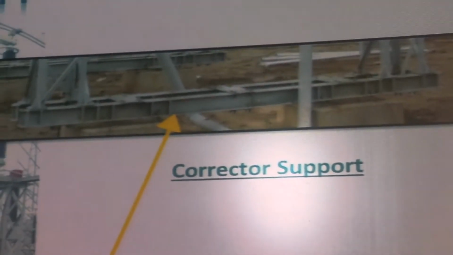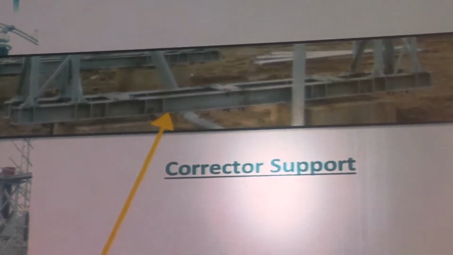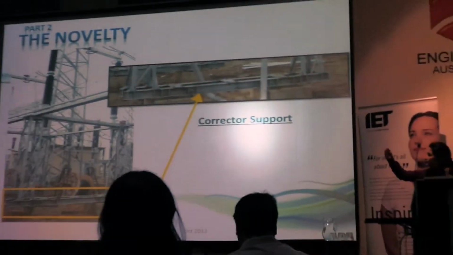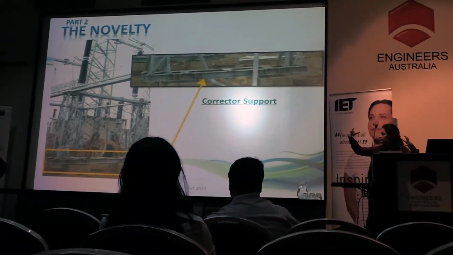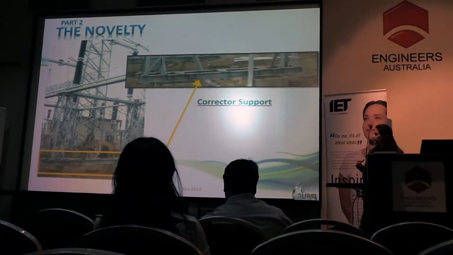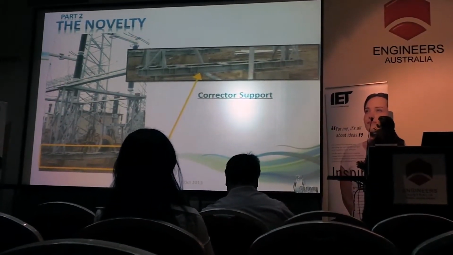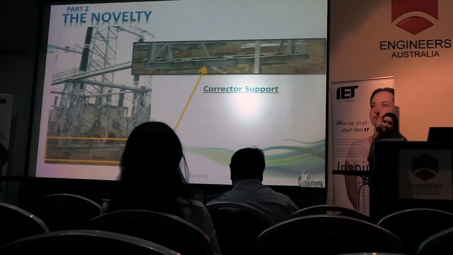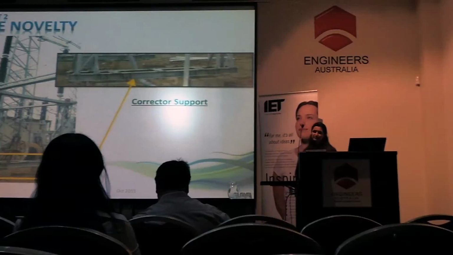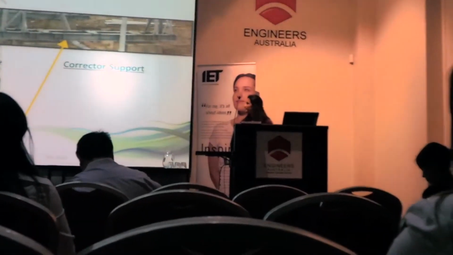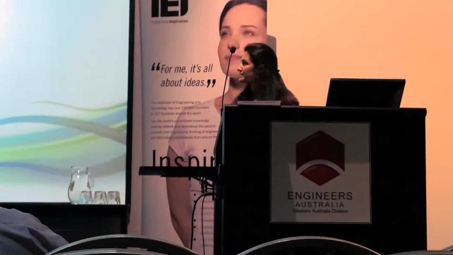This can help us to correct the distances between columns and also to match the structure on the foundation without changing anything. And this situation taught me many lessons, and one of the most important ones is